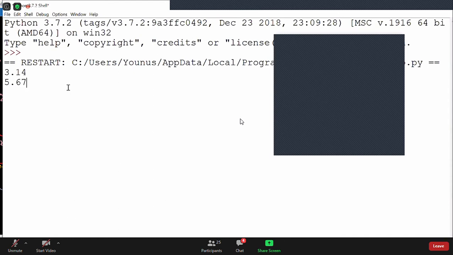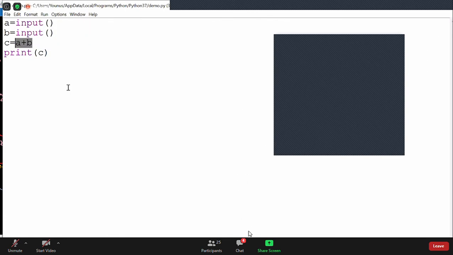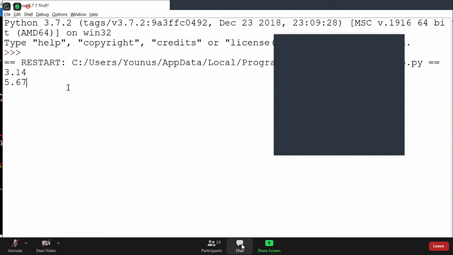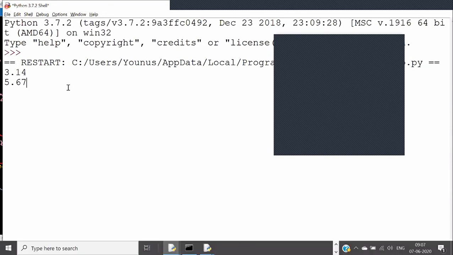Can you tell me what the answer will be now? Same program, taking input, taking second input, adding the two and printing C. But this time I am passing floating point values 3.14 and 5.67. So what do you think the answer will be now?